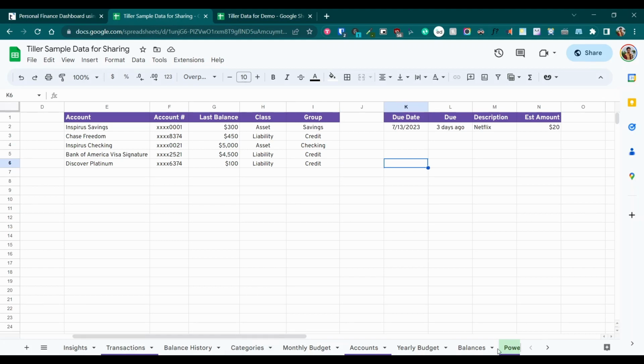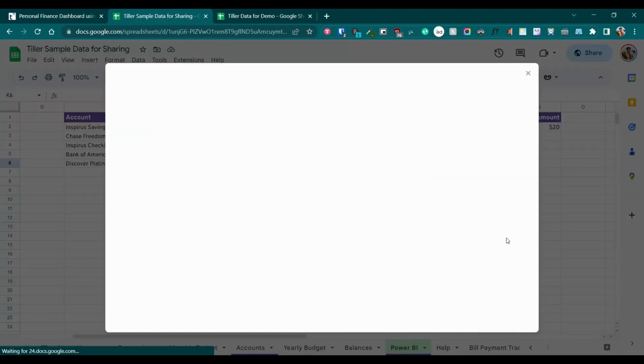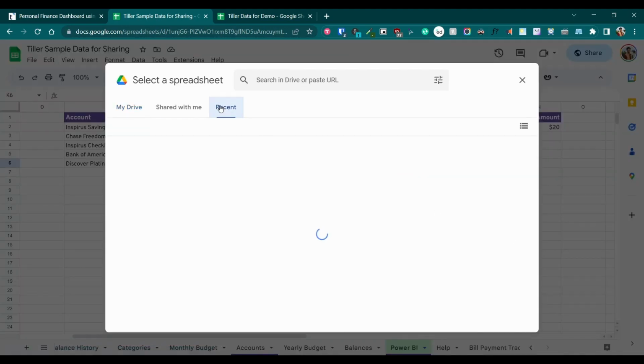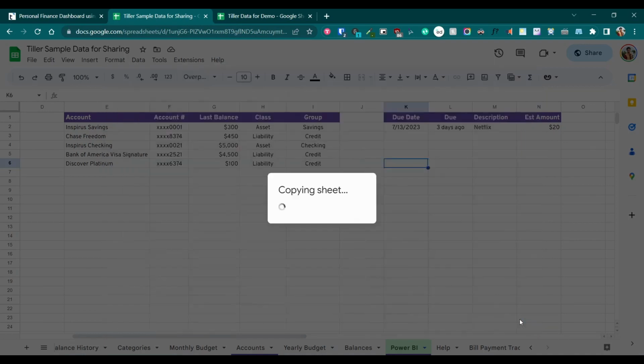So to have the same data for your spreadsheet, you can just right click on the Power BI tab, and then click copy to and then existing spreadsheet. Here you can select that recent tab and then select the actual Tiller spreadsheet, whichever you have. So I'm going to select this and then insert.